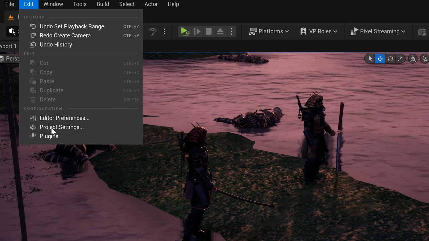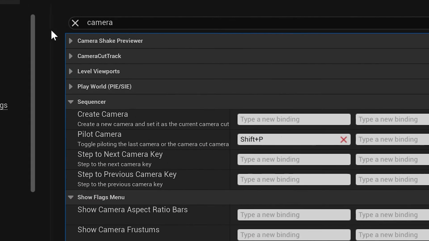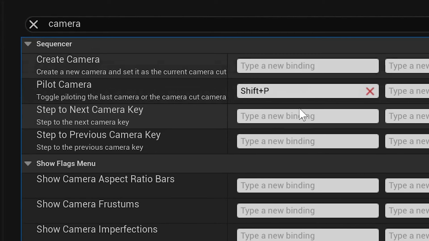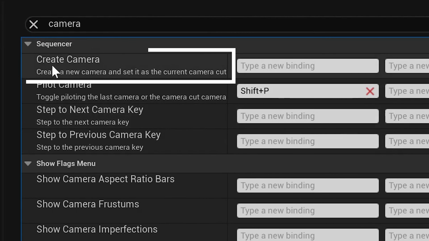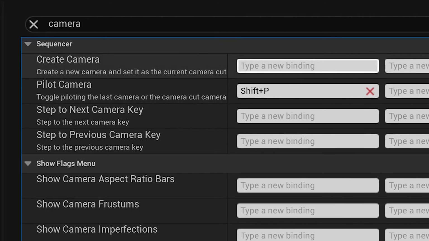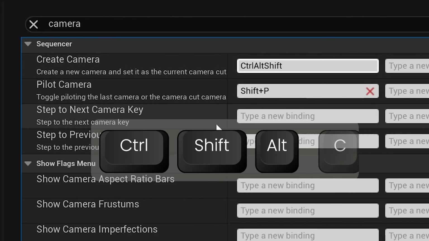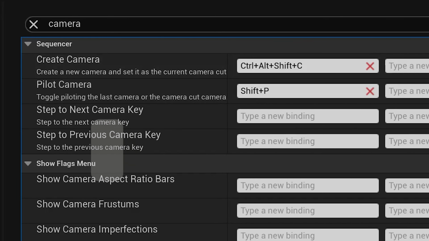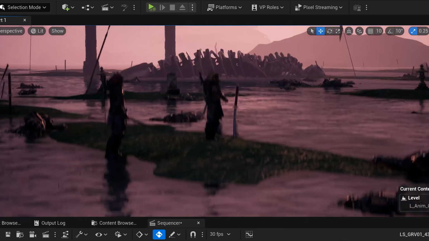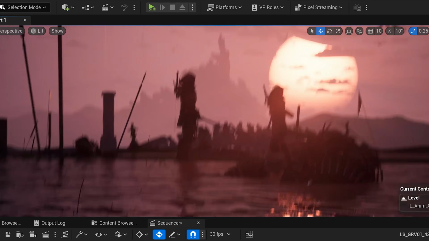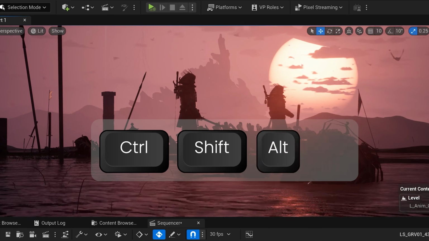If I go to Edit, Editor Preferences, I'm gonna type in camera and scroll down to the Sequencer hotkeys here, and you can see that the create camera currently doesn't have a hotkey. So one that I like to use so that I don't press it on accident is Control-Shift-Alt-C. I still like to use the C for the camera icon, but obviously with Control-C, it's a widely used hotkey. But now I can go around in the scene, find a nice spot, and just press Control-Shift-Alt-C, and it will